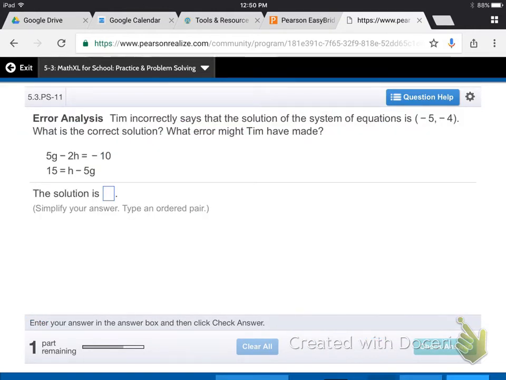Let's keep going. We have time for a few more. This says, Tim incorrectly says that the solution of the system of equations is -5, -4. What is the correct solution? What error might Tim have made? So let's check it out. We have this system, and it looks like we can pretty easily take this second equation and solve for h by adding 5g to each side. So if I do that real quick, I get 15 equals